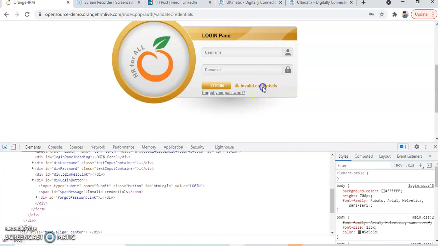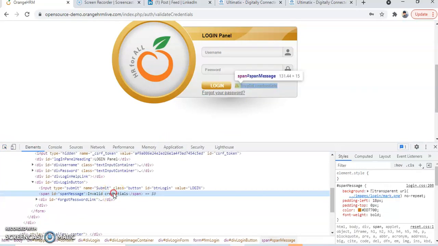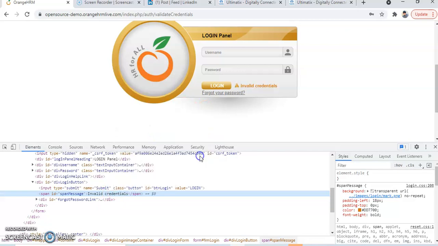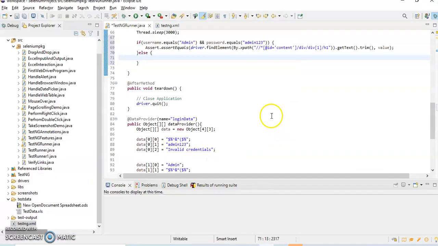So now I will take the XPath of this, copy XPath, and same thing I am going to write over here.